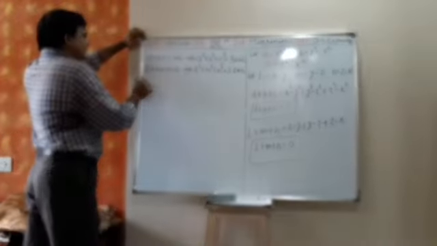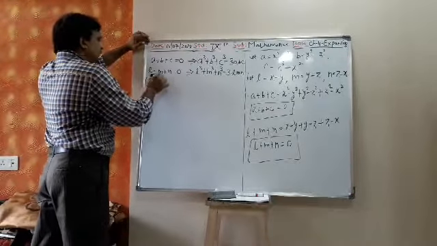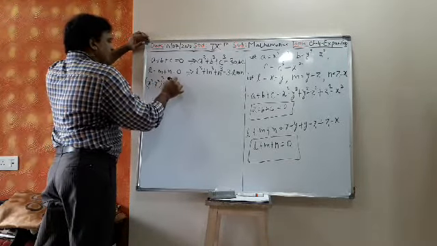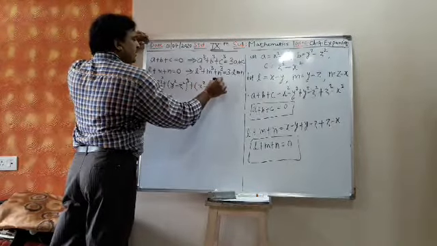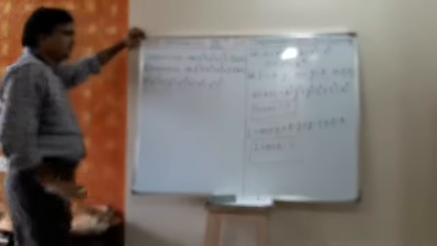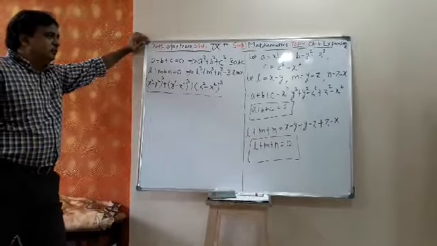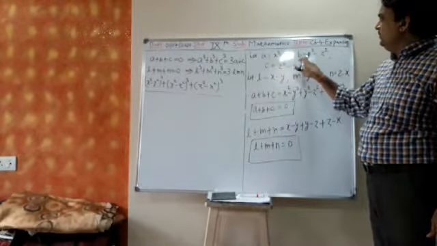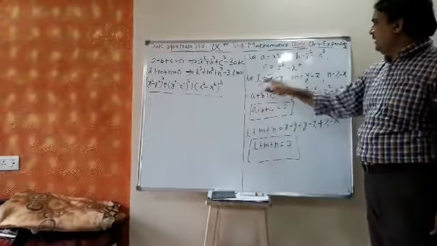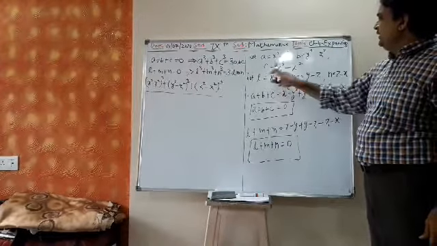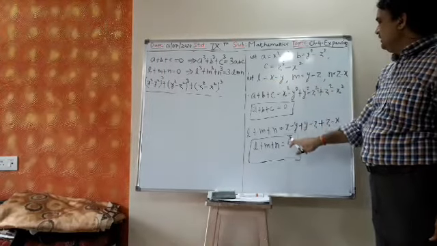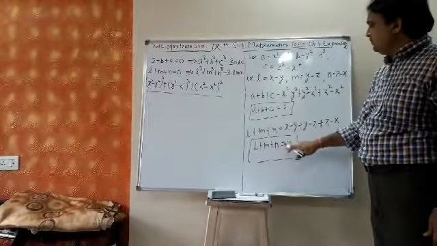So we are given (x square minus y square) cube plus (y square minus z square) cube plus (z square minus x square) cube upon (x minus y) cube plus (y minus z) cube plus (z minus x) cube. I have taken the numerator brackets as A, B, C, and the denominator brackets as L, M, N. Then we'll check whether A plus B plus C is 0. Yes. Then I will check whether L plus M plus N is 0. Yes. So A plus B plus C is 0, and L plus M plus N is 0.